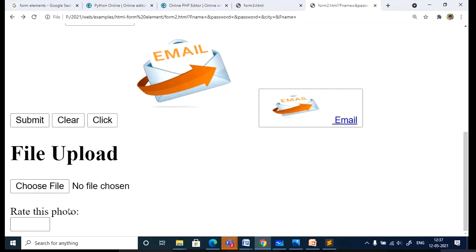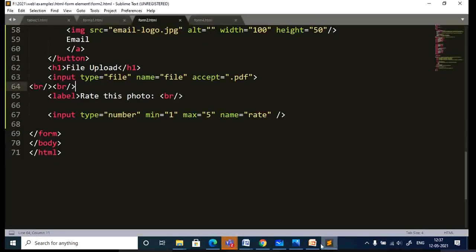Now you can put some content and give this option input type number, and you can specify what the rating should be. So here I have given range 1 to 5. Okay. 1, 2, 3, 4, 5. And then once it is selected, you can submit. Accordingly, whatever data is selected is forwarded to the server. So that is input type is equal to number, where you can give the range of numbers to select.